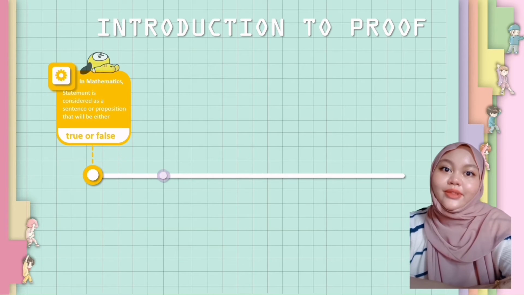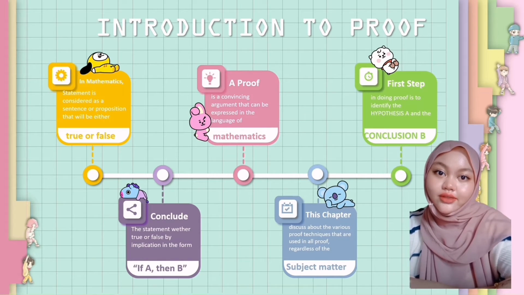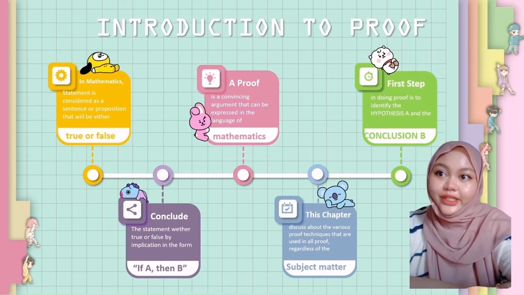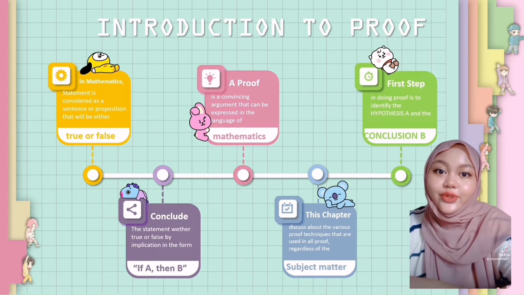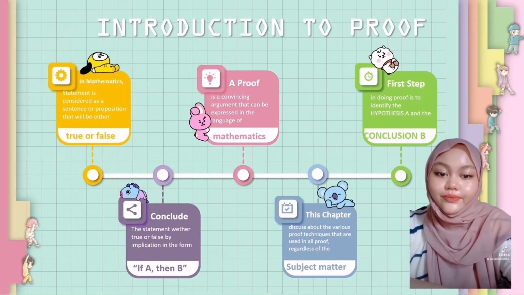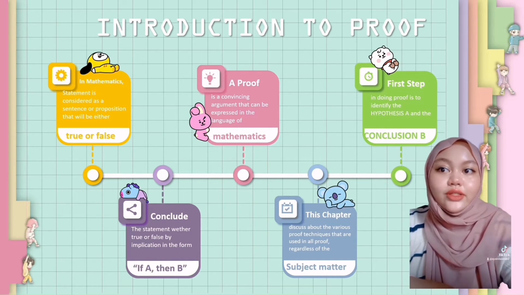In mathematics, a statement is considered a sentence or proposition that is either true or false, while a proof is a convincing argument that can be expressed in the language of mathematics. The very first step in doing a proof is to identify the hypothesis A and the conclusion B. It is easy to conclude whether a statement is true or false by the implication: if A, then B. In this chapter, we are going to discuss the various proof techniques that we use in proofs regardless